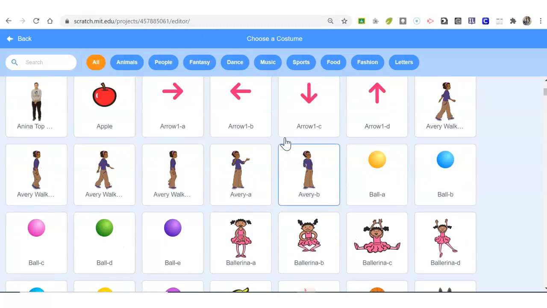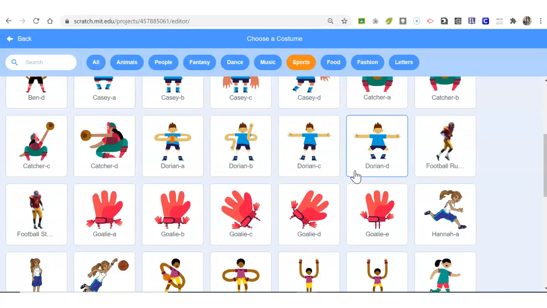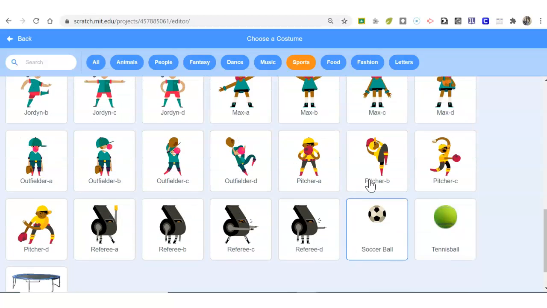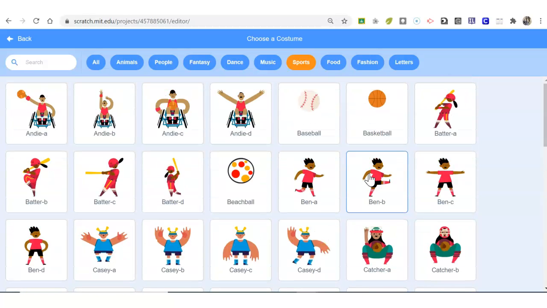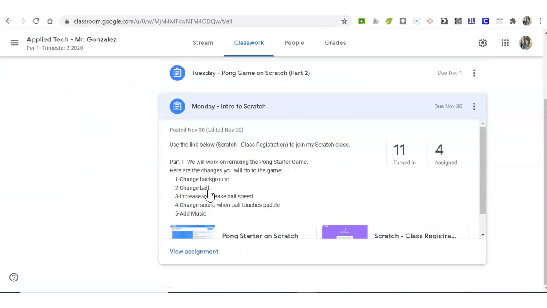If you wanted to, you could narrow it down by a specific category. You can select sports, and then you can see all of the sprites that have to do with sports. So for example, let's say I choose this basketball. So now I have a basketball as my ball, and so then after you have changed the ball,